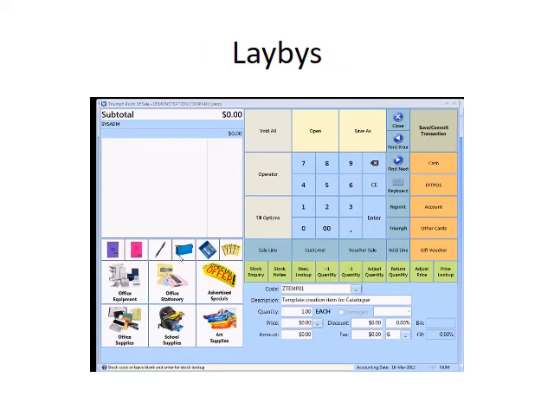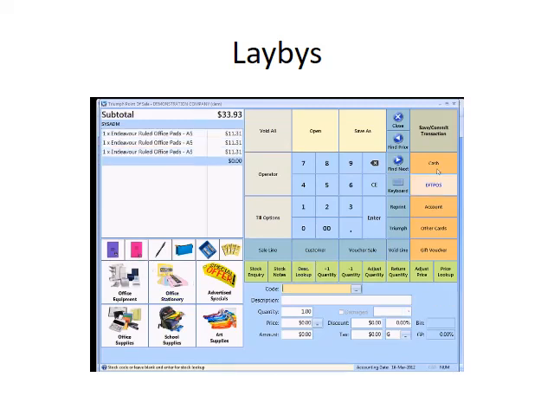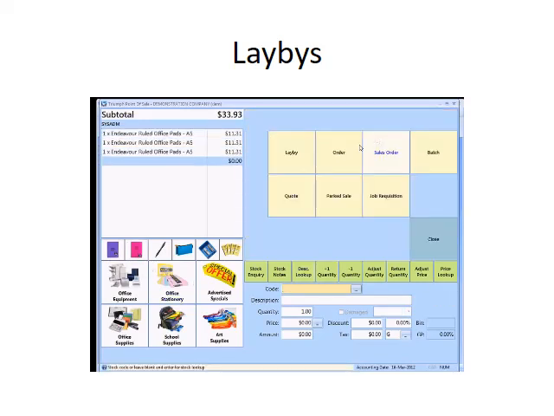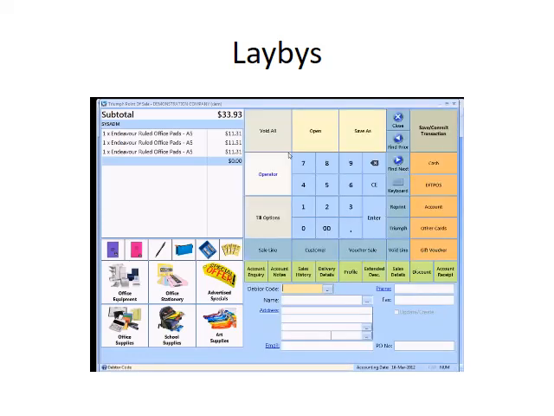So we've got other types of transactions that people can do, not just day-to-day sales. So let's make a couple of sales. I have a few options when I go to save as, to decide how I want to save things. The first one we've got there is a lay-by. So let's have a look at doing a lay-by. If I click to save something as a lay-by, the system automatically expects me to put in a debtor code, or I have to put in